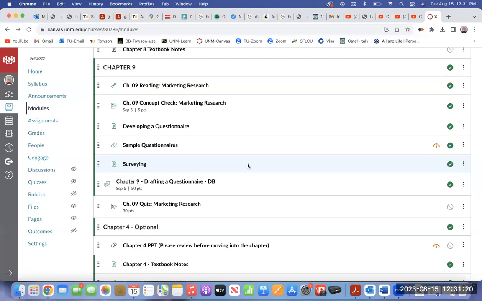Do they want it in purple, green, or pink? How much are they willing to pay for that product or service? Where would they look for information about that product or service? That's promotion. And then where would they go to purchase, or how far would they travel to purchase that product or service? That's distribution or place. Okay, so we can get questions in there about all of this.